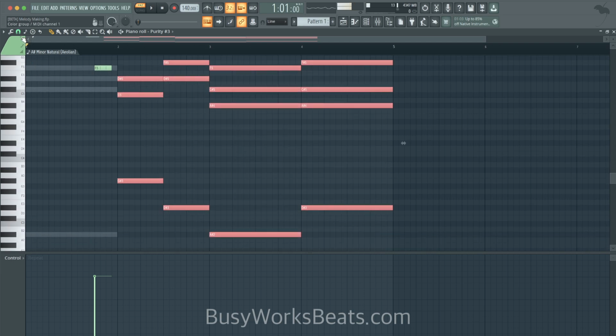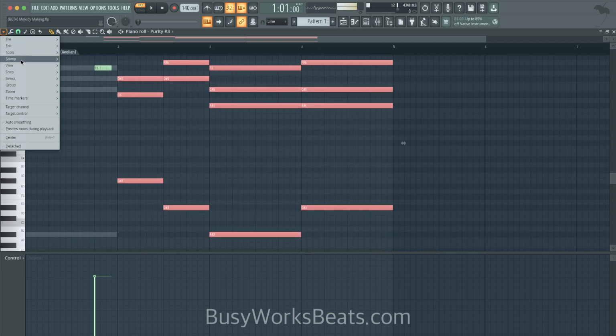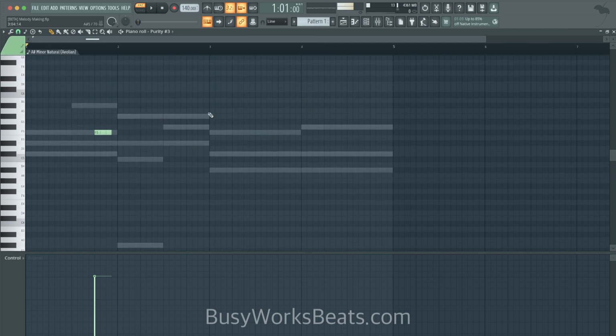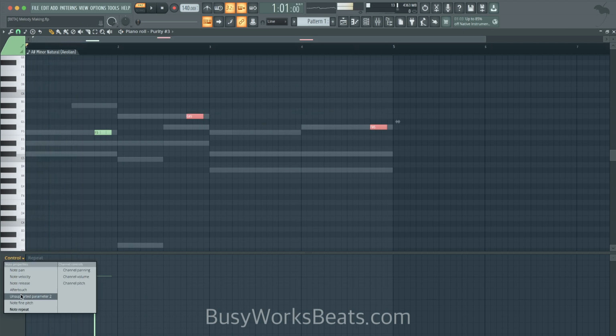If you don't see those grayed out notes, go to the top left where it says Piano Roll Options, go to View, and go to Ghost Channel. So we really don't need to copy and paste. It's a lot faster. So we're going to highlight those notes, go to Control, Note Repeat, and just turn those up. And you could hit Shift.